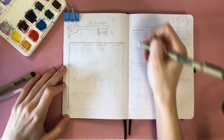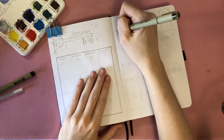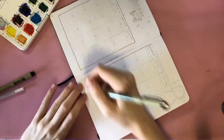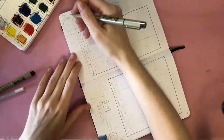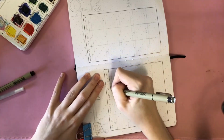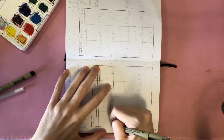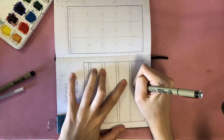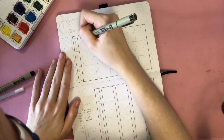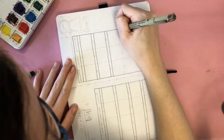monthly calendar spread. So I think that my spaces are 5 by 5 for each square. I also left 1 space for the dates, and I think 2 spaces in height for the days of the week. I'm not really sure, but it's a very average calendar,